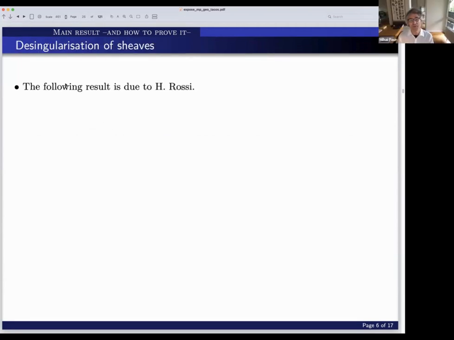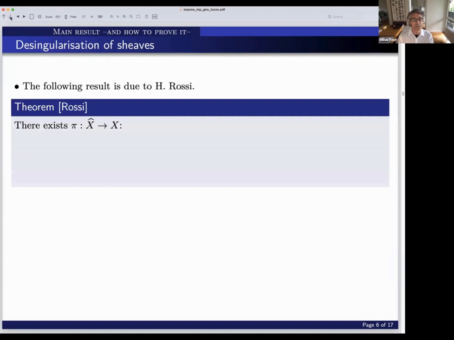So we proceed in a very classical way, meaning as suggested by Bando and Siu, using this result of Rossi, which treats the singularization of sheaves, so that there is some modification of X, which basically resolves the singularities of X and of F. So this one now is a compact Kähler manifold, and pi restricted to the open subset